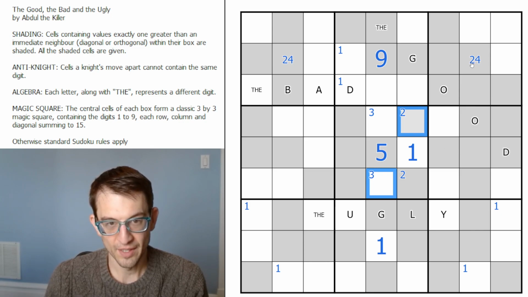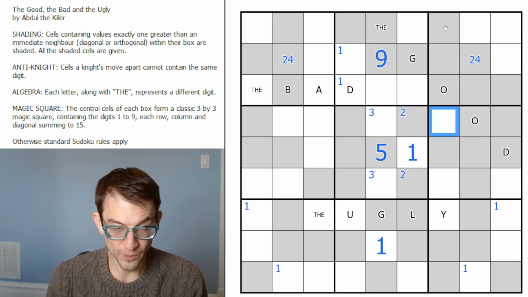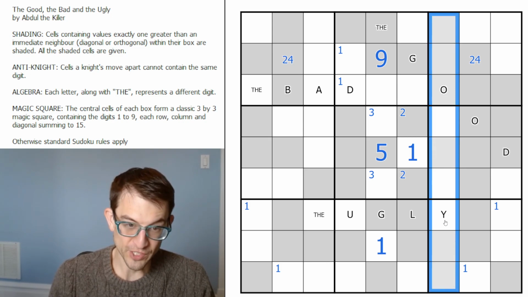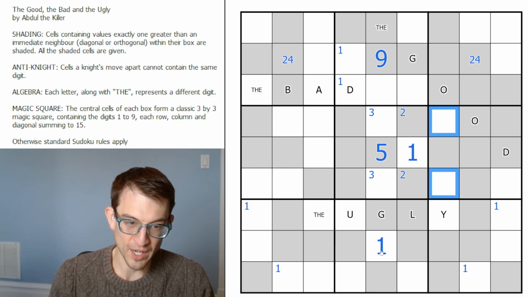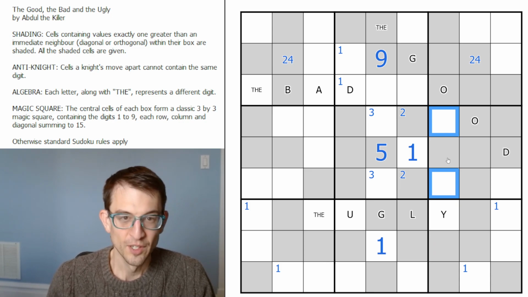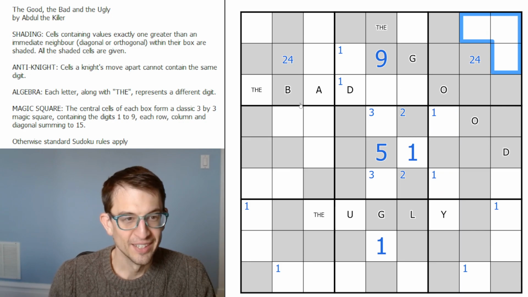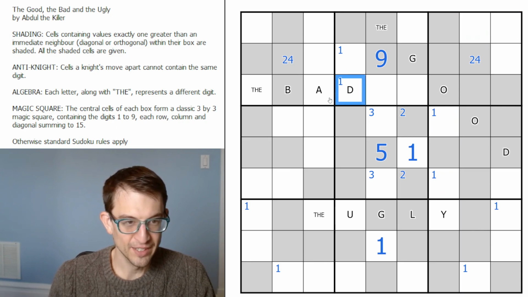Okay. Where does the 1 go in column 7? Right, so it has to go in an unshaded cell, so that's these 3. It can't be the Y because that's a knight's move from this one. So I'm in one of those 2 spots. Where does the 1 go? Here. Okay, so interestingly,